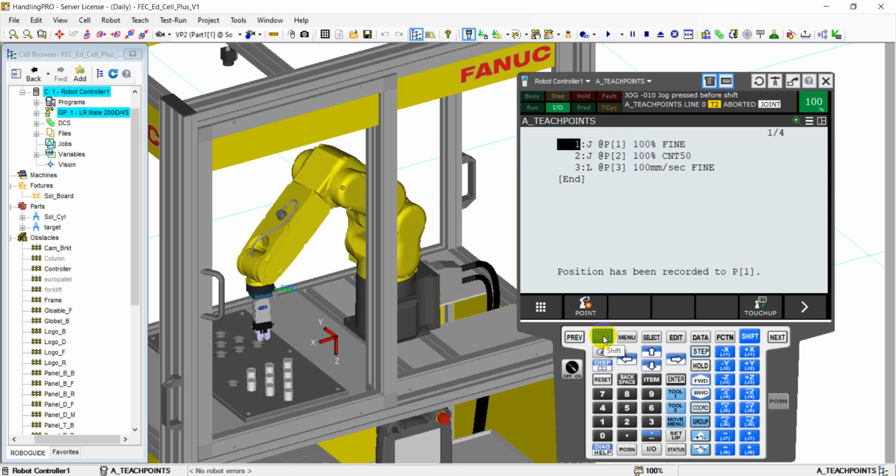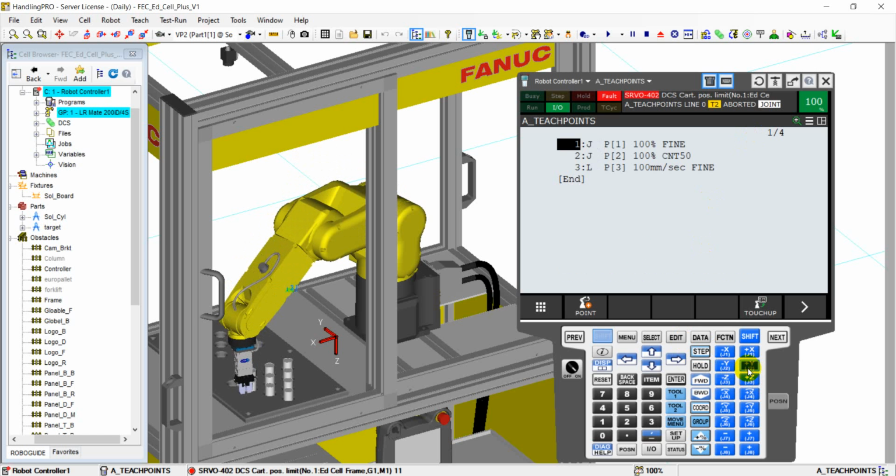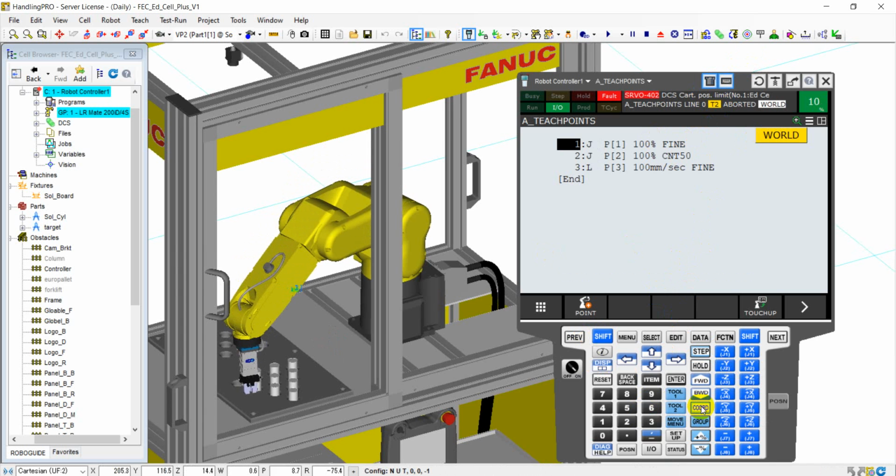So now we are going to jog the robot, still holding down our shift key. We'll jog our robot to another point. Let's say we move in the positive Y. Now there's an error there, and that error occurred because we are not in the world frame, so we're going to change our coordinate system to world. Okay, so now we'll shift it, move back,